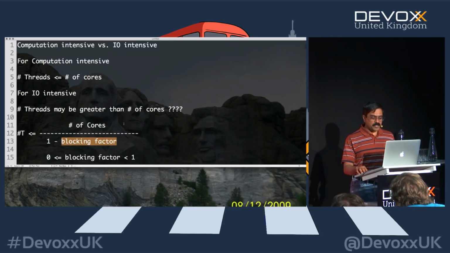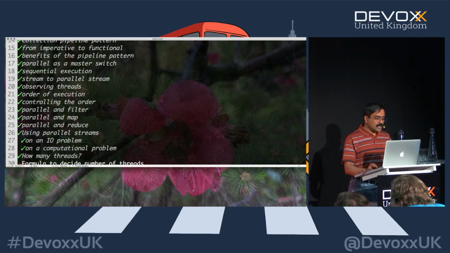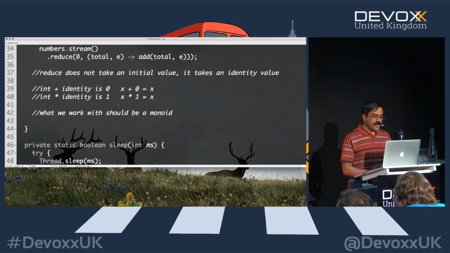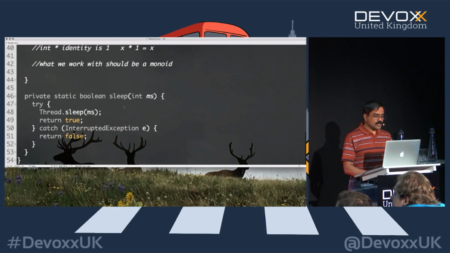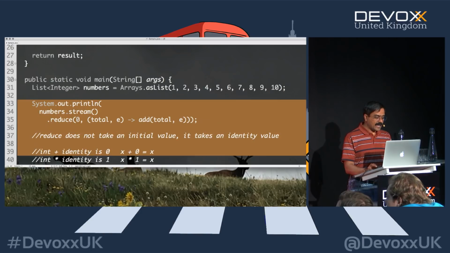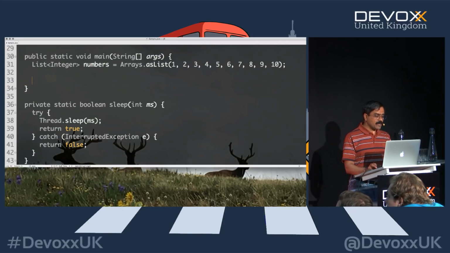This brings the point to what we saw so far. This is why I said they're very smart in what they do. So we talked about the formula. Let's talk about the default number of threads for that reason. So to understand this, let's go back to the code right here. Let's get rid of all of these for a second. Let's now ask the question, what do we have as number of threads?